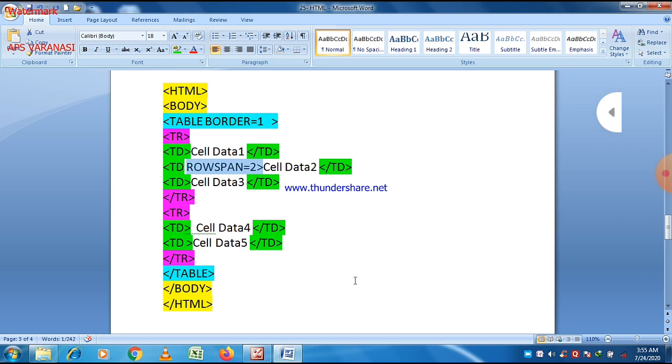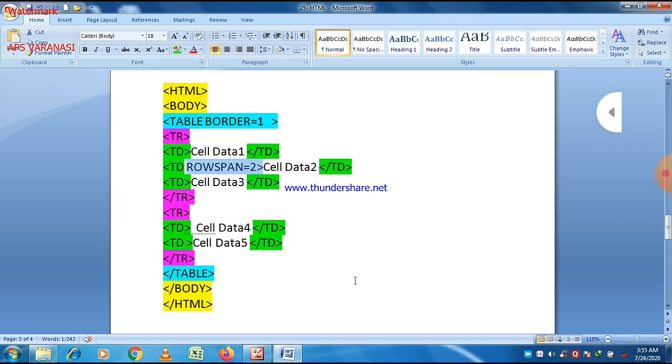They are highlighted because this gives you a clear idea about which are the container tags, which are the most important parts of the tag, and which tag is a part of which tag. As we know, HTML is the root tag, after that we write the body tag. And here our aim is to print a table, so we write a table tag here, and then the table tag should be closed, represented by a blue color here.